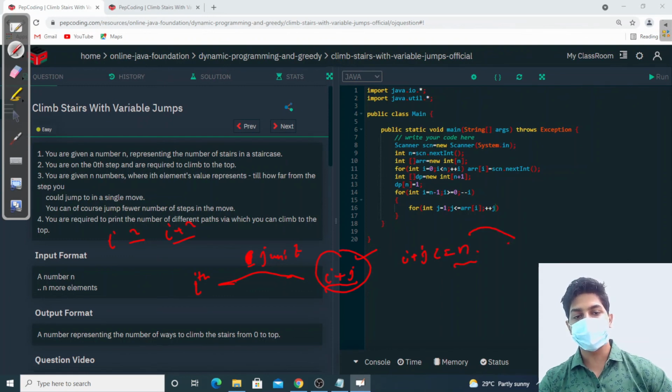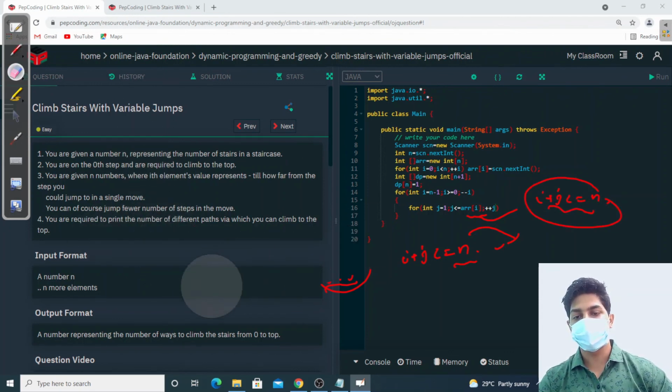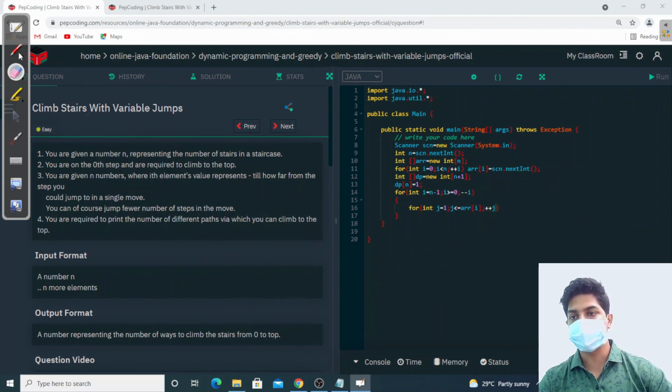If it is greater than the destination point, it is exceeding the destination point, then this jump is not useful for me. So I will not take this particular jump. So I need to make a check over here that if i plus j is less than equal to n, then only I will take this jump, else I will not take this jump. Okay, so let's write this check also in our condition. So we will write here that if this is true and one more condition that i plus j is less than or equal to n, then only we will take this jump.